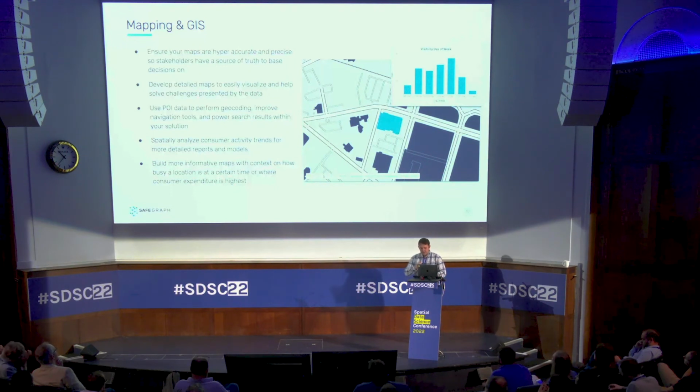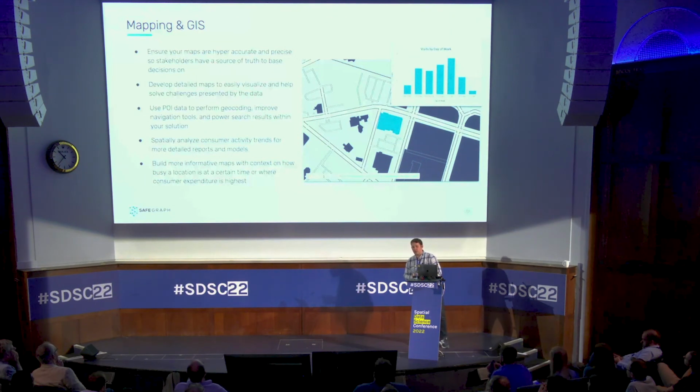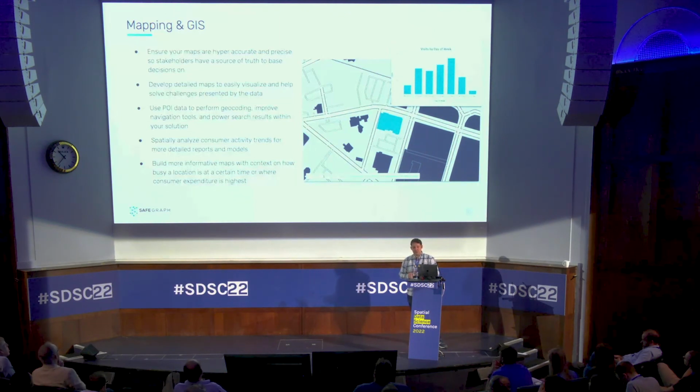In the mapping space, let's say you've got a consumer mapping application, or you're driving a mapping application for your enterprise users of certain inputs. Yes, you can just place points of interest on a map and allow people to zoom in, zoom out. But ultimately, having a really great user experience sometimes requires ensuring that the most relevant points of interest are available, and they're the ones that are most viewable at a